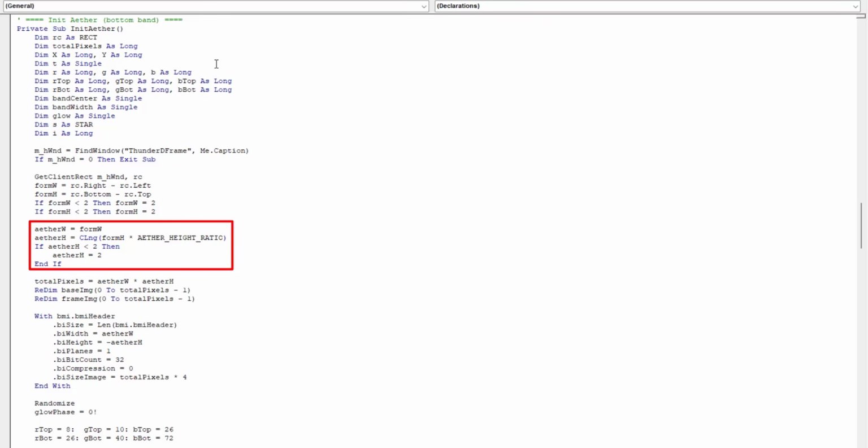We then compute etherW as the full width of the form and etherH as a fraction of the form height using etherHeightRatio. So if the form is 400 pixels tall and the ratio is 0.4, the band will be around 160 pixels tall. We then allocate two arrays, baseImg and frameImg, each big enough to hold one color per pixel